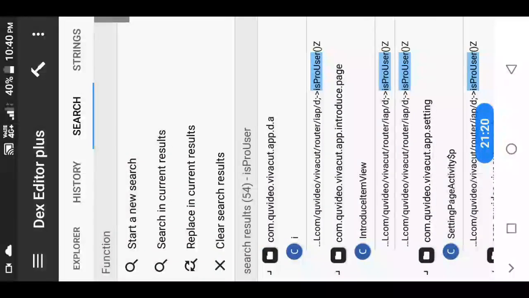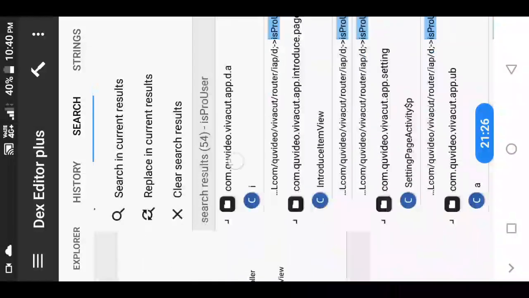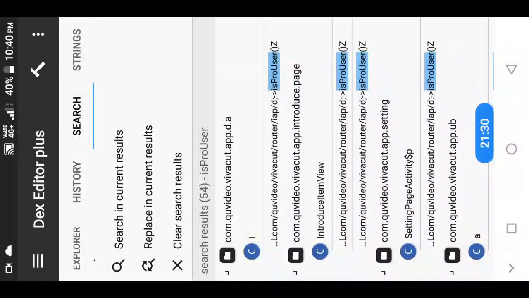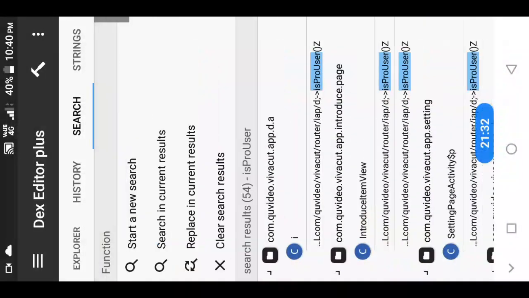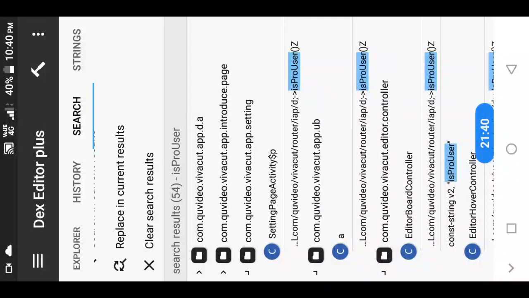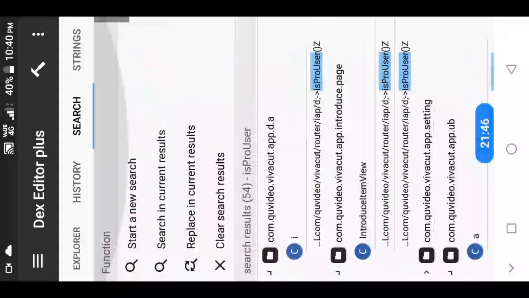When you get 1000 plus results, then you should look in the packages related to the package name. You can see here com, qvid, WaivaCut, like this type. You should not look in Google com ads, it will not be there for sure, 100%. You should open and see this type of package name, like com bo, and you should not look at ads, it will not be there.